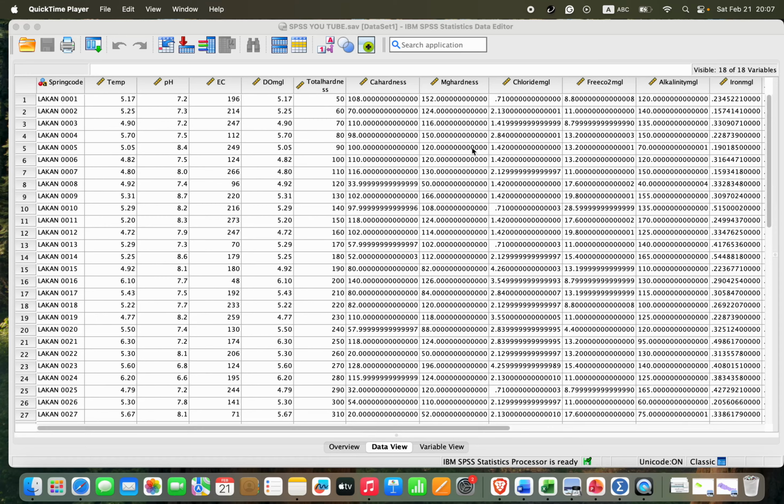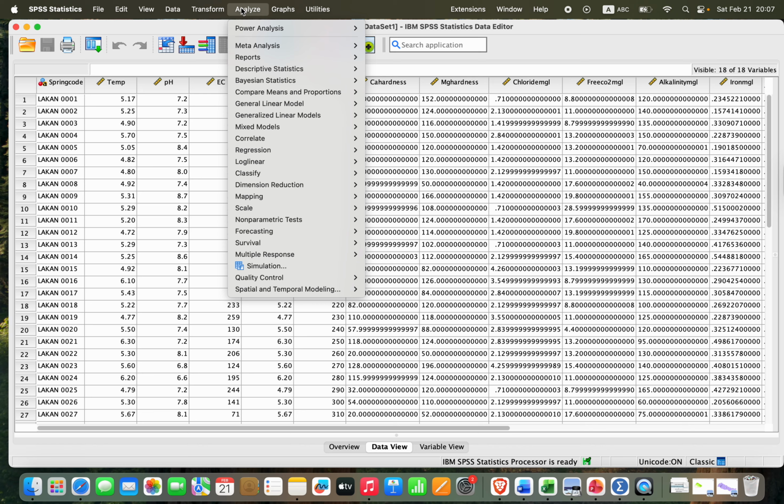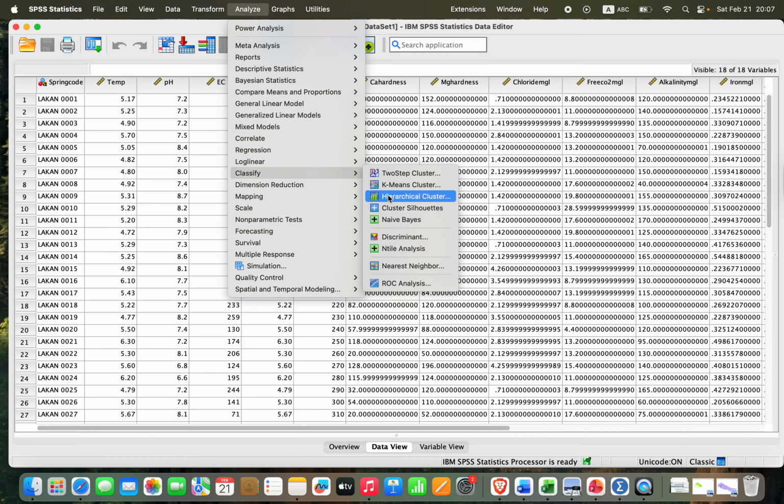Today I'm going to show you how you can make the cluster by using the physiochemical parameter data. Instead of this data, you can also use other data. So for this, I'm going to analyze: first hit the Analyze button, go to Classify, and here is the Hierarchical Cluster Analysis option. Click here,